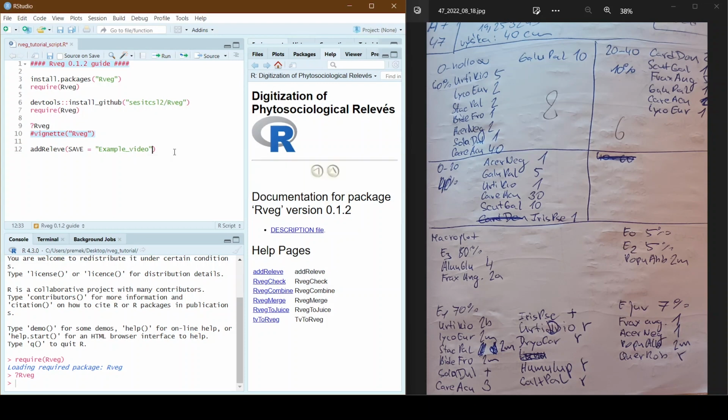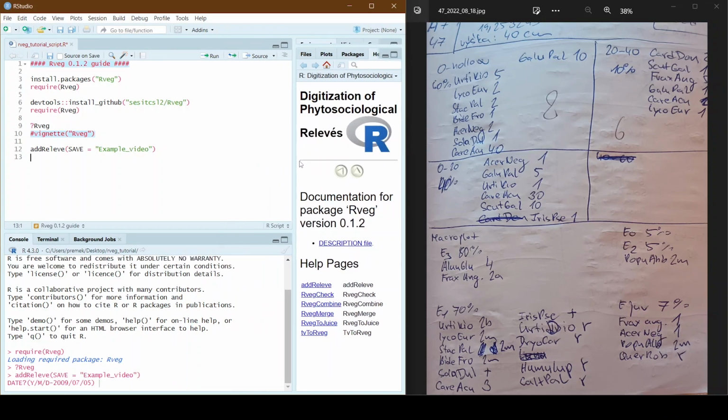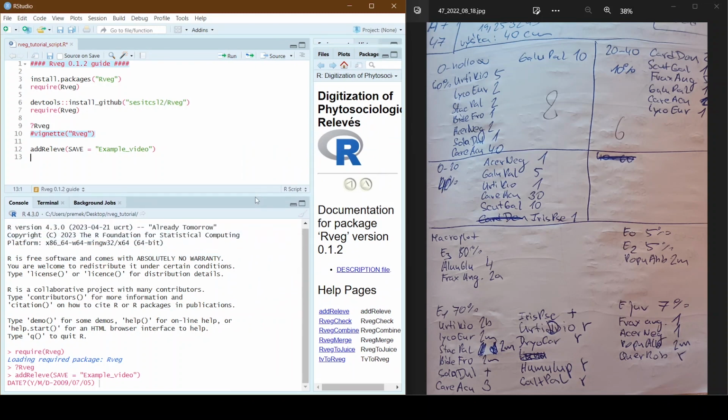So if we run this function, let's see what happens. Take a look at the console window here, and we see that we automatically started creating our first relevé, starting with the header data.